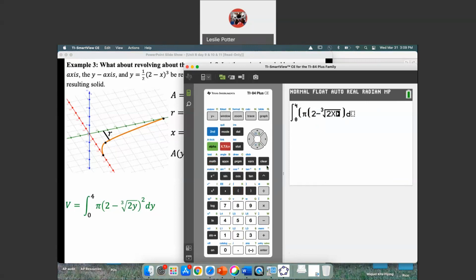And so we have the cube root of 2y. Now I need to put a bracket here because I've got to square this whole thing. So that's what it should look like in the integrand. And then I've got to complete my variable integration right there. And we get a value of,